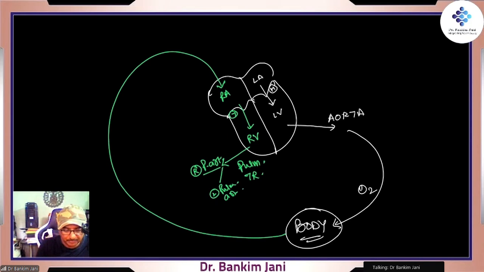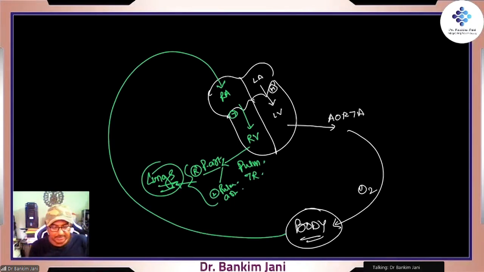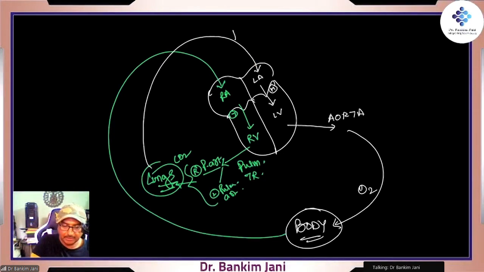So here it is. It will go to lungs. Right? This is the blood which is carrying lots of carbon dioxide. Correct. Once it passes through the lung, it will come back via pulmonary veins. Right? Pulmonary veins. It will come into the left atrium. Now it is having oxygen, and this oxygen-rich blood is circulating into the entire body. So that's how things go.